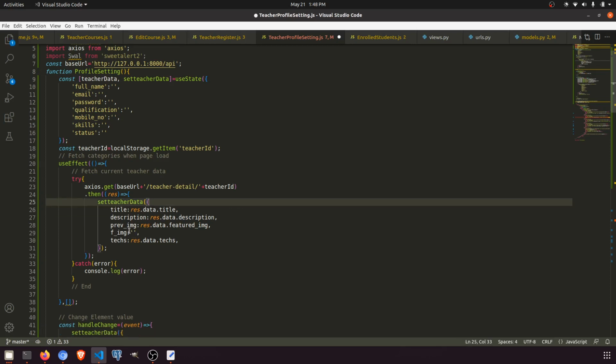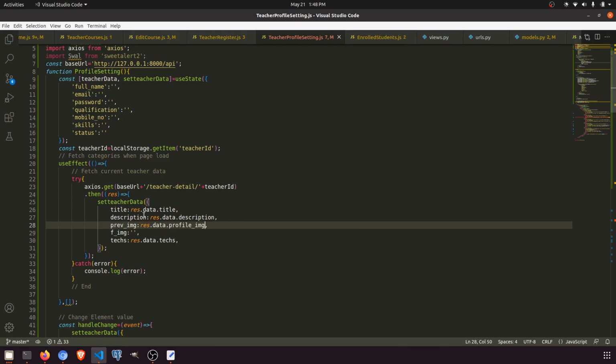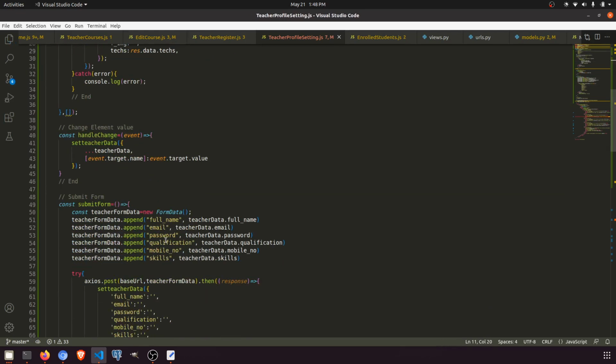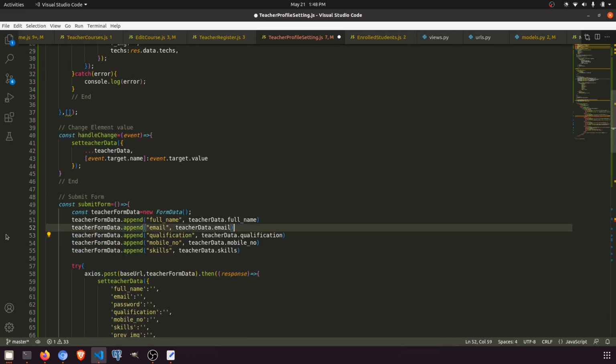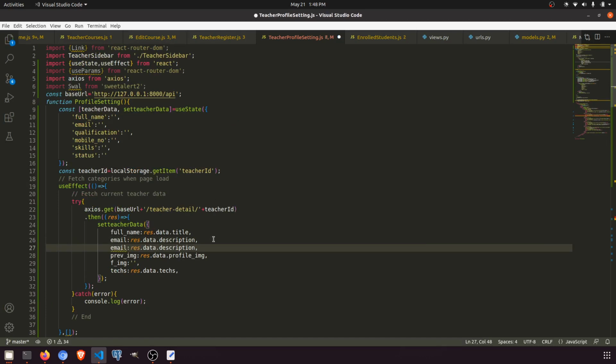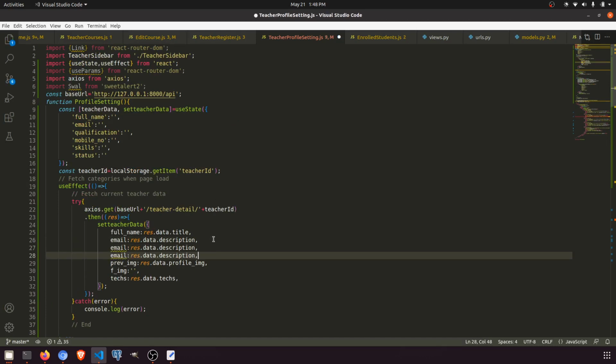The f image is empty, previous image will be profile image, and what we need is full name, email, we don't need password, this one is no need, because we have created a different component for the password. Email, qualification, mobile number, skills,